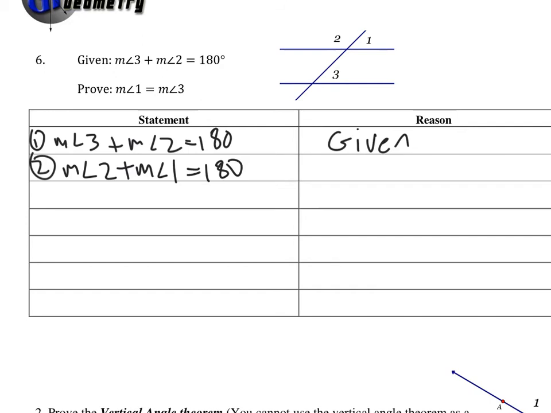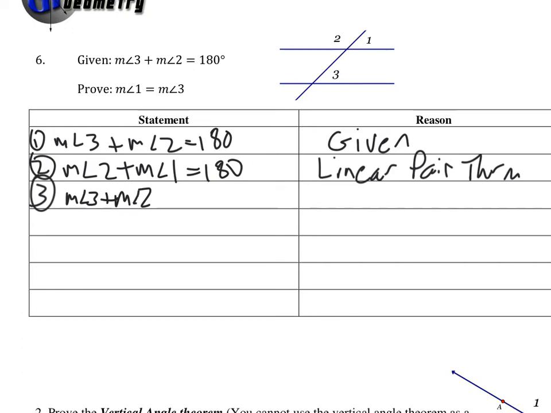Why? Because they're a special angle pair. What kind of angle pair are these? They're a linear pair. So that's the linear pair theorem. All right? Now, we've got 3 and 2 make 180. 1 and 2 make 180. Well, if this is 180 and this part is 180, then these two things have to be equal to each other. Right? So measure of angle 3 plus the measure of angle 2 from up top